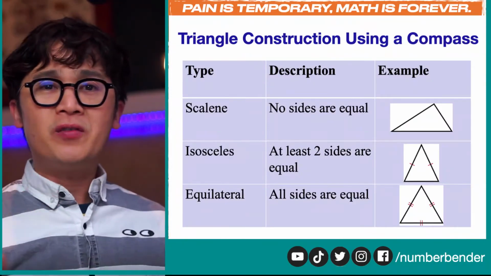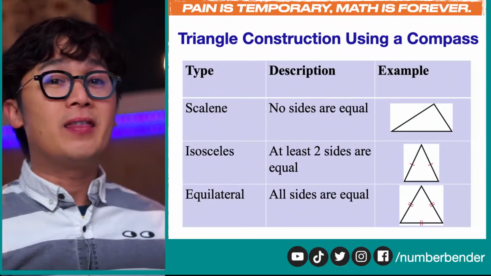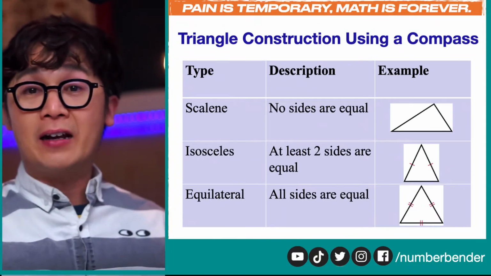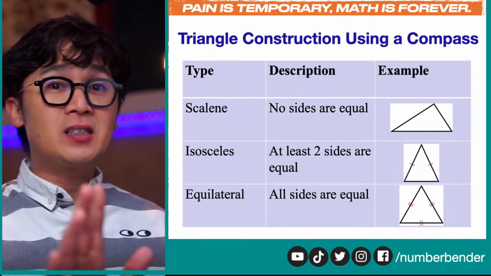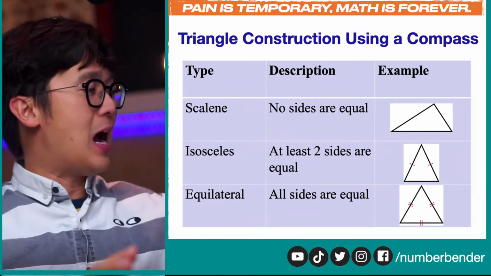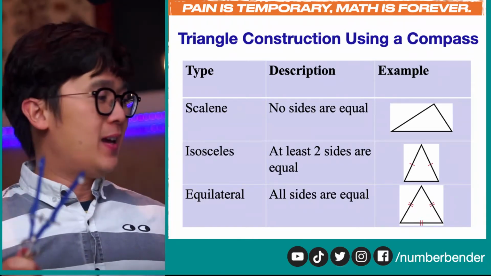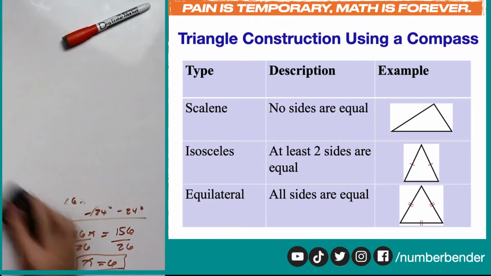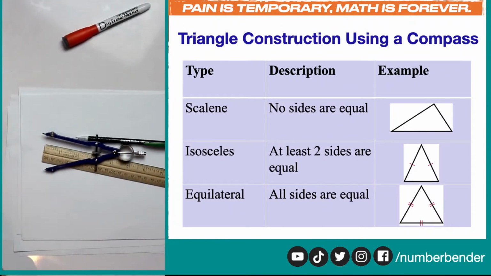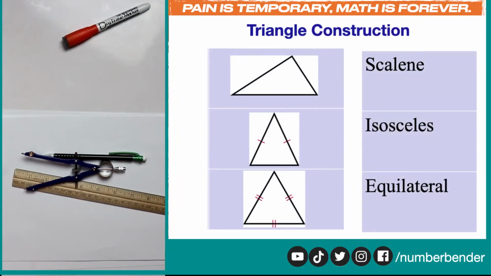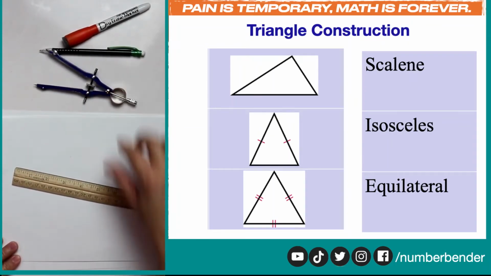And now, let's review the types of triangles that we have in geometry according to their sides. We have scalene, isosceles, and equilateral, and we're going to produce these types of triangles without using the scale of a ruler, but just our compass and our paper. So let's start clearing our workstation right here and use these tools to produce these types of triangles. And we're going to start with the equilateral triangle, which is really easy if you have a compass, because